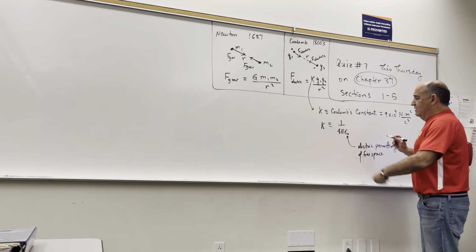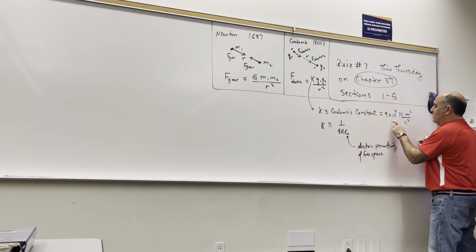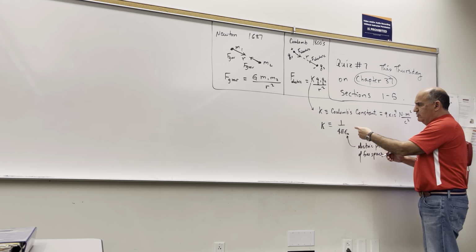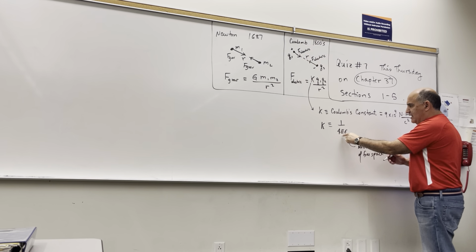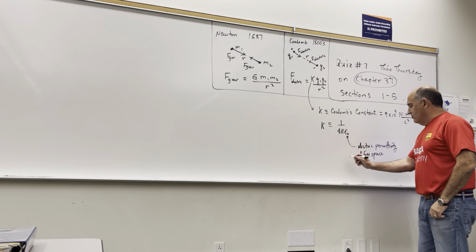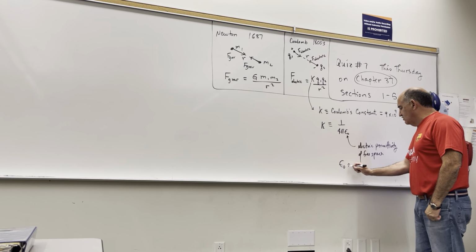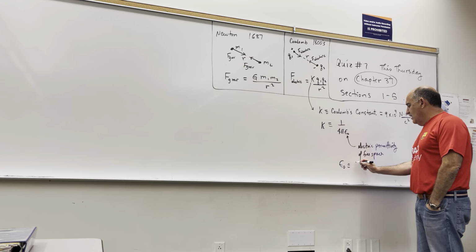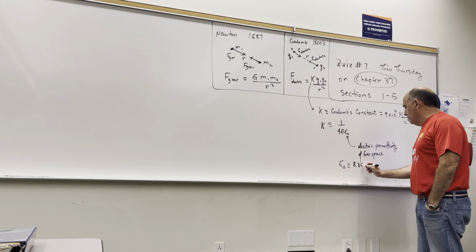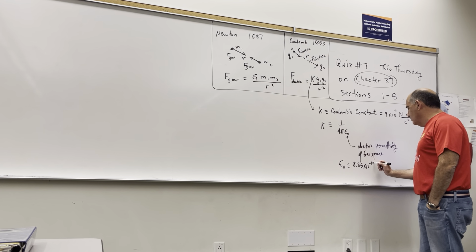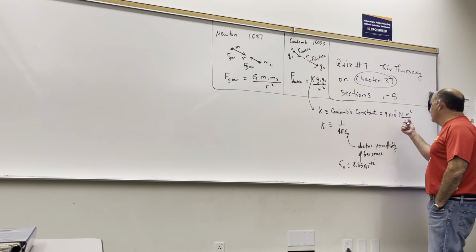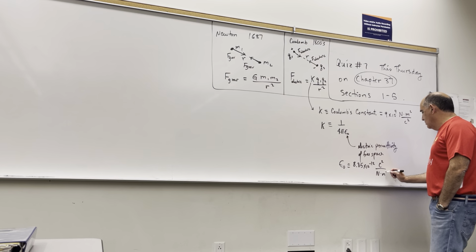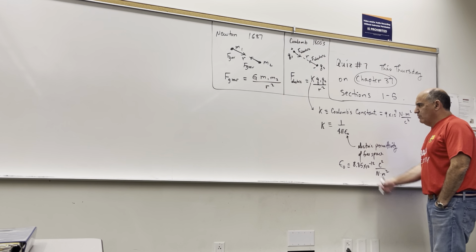If you make Coulomb's constant equal to 9 times 10 to the 9th, then epsilon naught comes out to 1 divided by 4 divided by pi divided by 9 times 10 to the 9th, and you get that epsilon naught. It's just a parameter having to do with the electrical properties of vacuum. What is it? 8.85, I believe, times 10 to the minus 12. And it would have the inverse units of this. Anyway,